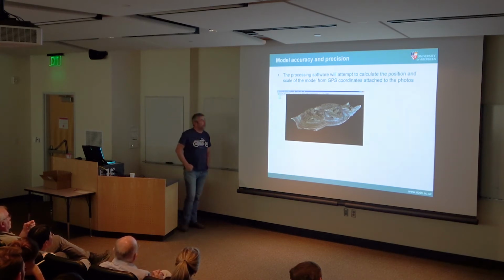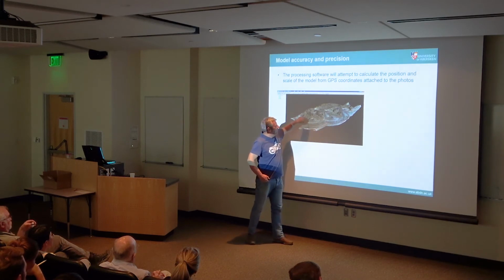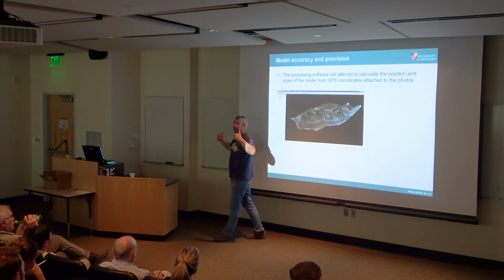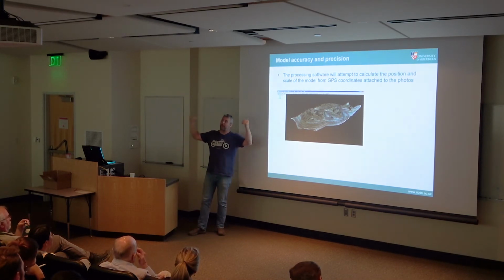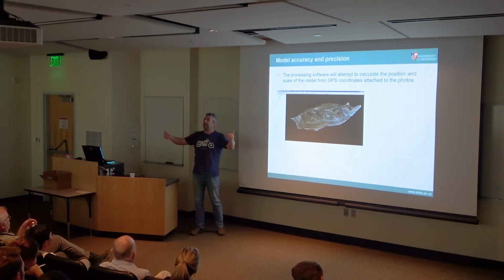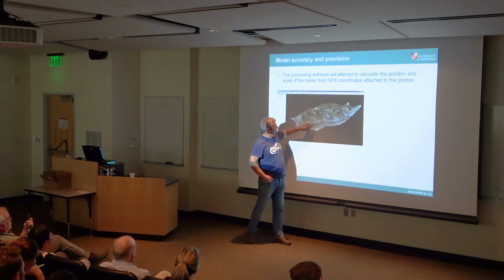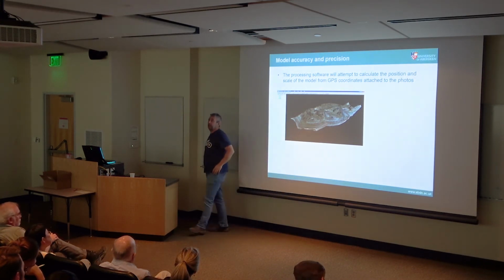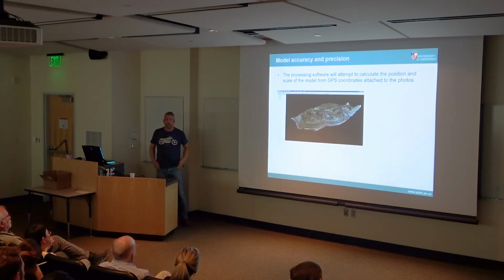One of the things, this is a place called Argyle Ridge. This basically looks a mess because it's two models that were collected completely independently. I took two separate flights. The photographs never came in contact with each other. Two separate flights, and then they were processed completely differently. And I loaded them both up into the software, and you notice immediately that the space where it's put it is like 100 meters out. So the immediate thing is, oh no, what a disaster! It's all rubbish. No, you can't use it.